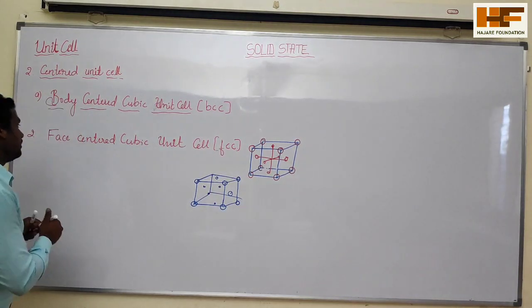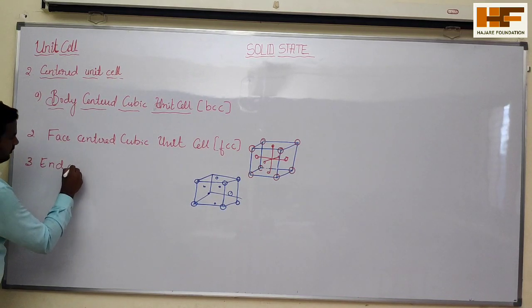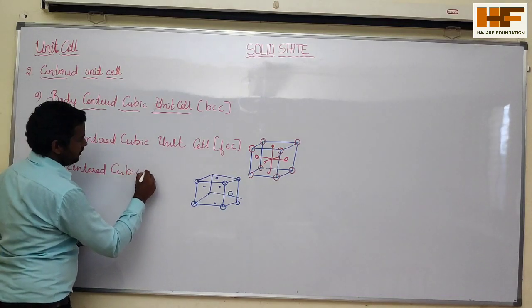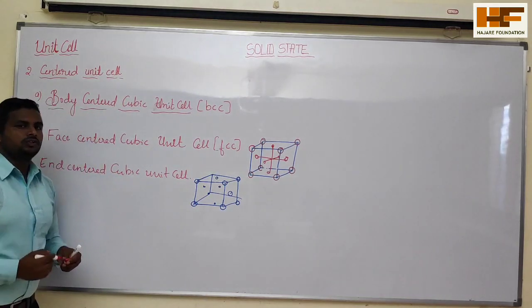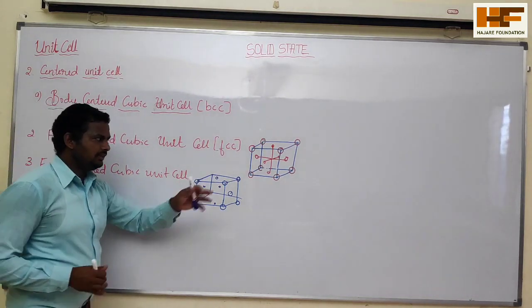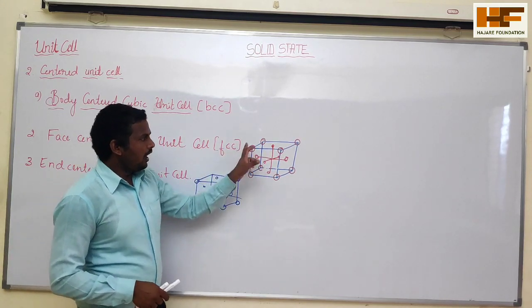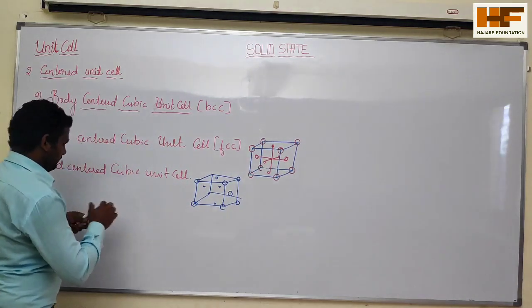So this is the second one. Come to the third one, end centered cubic unit cell. So end centered means what? The same thing, but here in the end centered cubic unit cell, the constituent particles are present at all the corners. Means what? If I draw here,